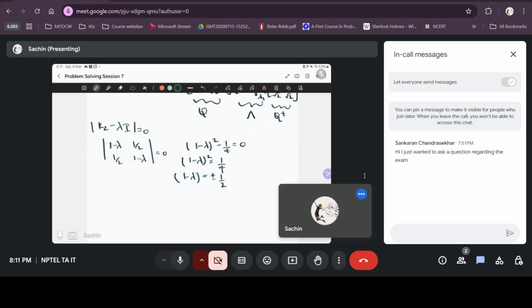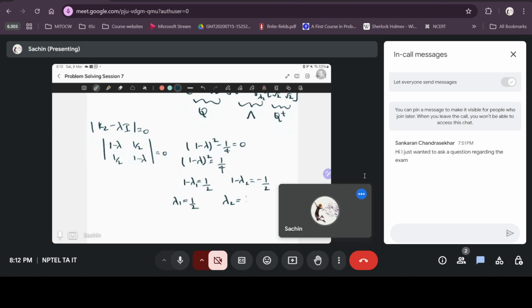So if 1 minus lambda 1 equals half, 1 minus lambda 2 is minus half. So lambda 1 is half, lambda 2 is